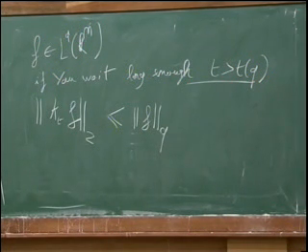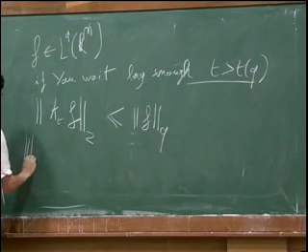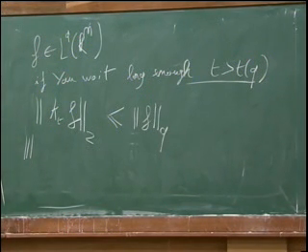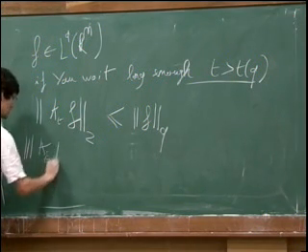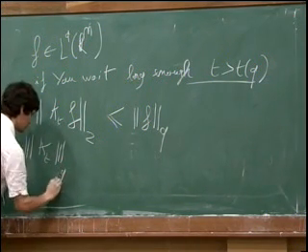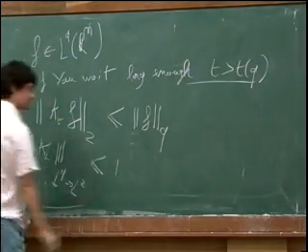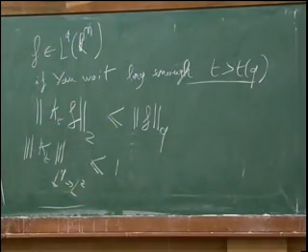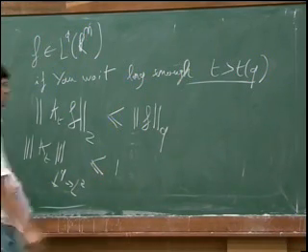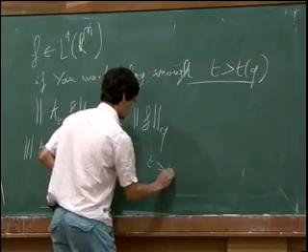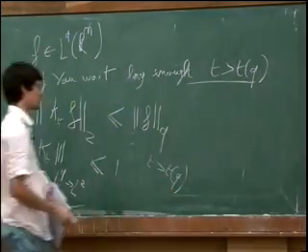So in other words, if you wait long enough, the norm of this operator here, K_t, from L^q to L2 is less than 1. Your operator is a contraction. And this holds for t bigger than t_q. So this estimate is